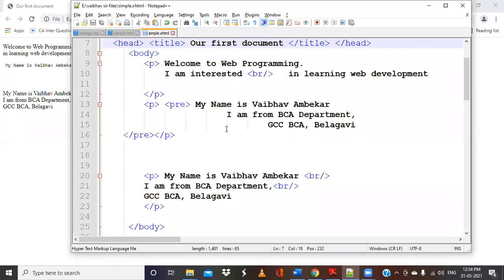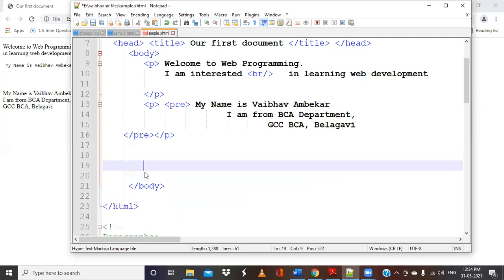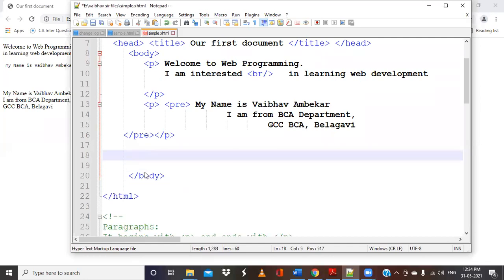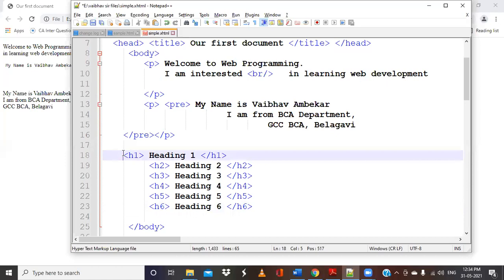So I will remove this particular thing, and here I will put a heading. Basically, we use headings only to list some information or to give some proper urgent information, like headlines. Lower the number, bigger the size.